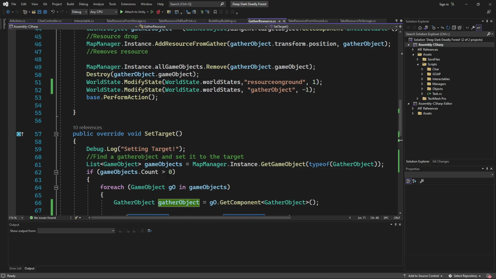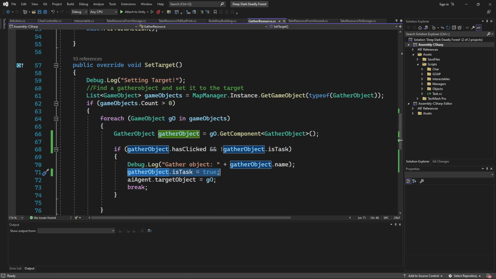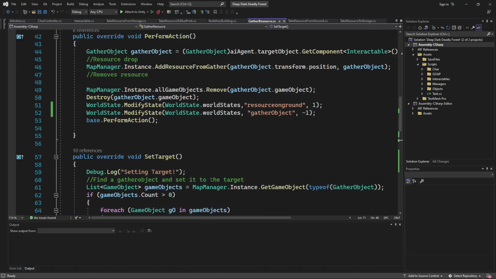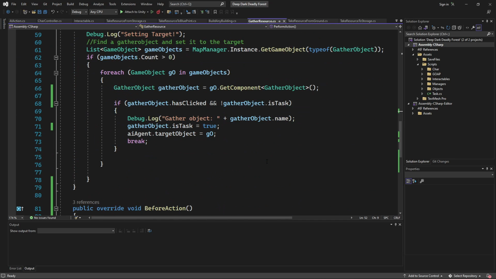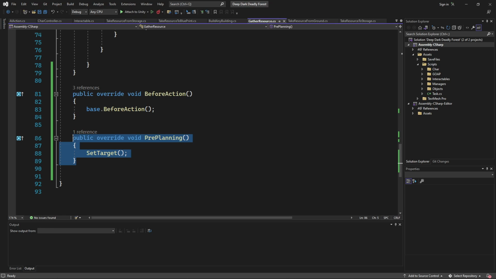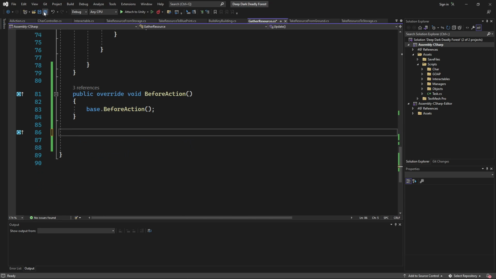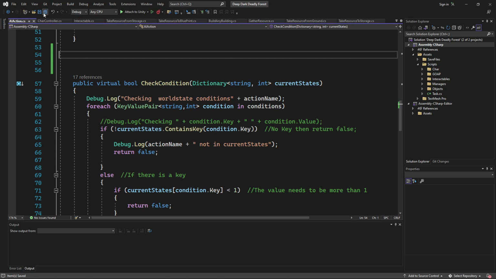I mean, I don't think it solves the problem. Yeah, and then I wonder if this needs to go in the target instead. I don't like that. I do not like that. All right, let's just get rid of that for now. I'll come back to that idea. Let me go to the AI agent.